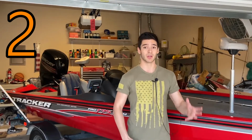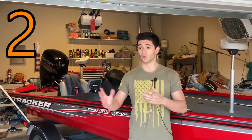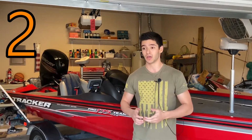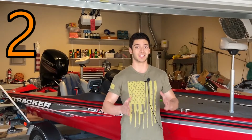If we got any bigger, it would not fit at all. So that's something you guys really need to consider when you're looking at buying any new bass boat or any boat in general, because it can add up over time. If you're paying anywhere from $50 to $100 just to store your boat somewhere, it adds up very